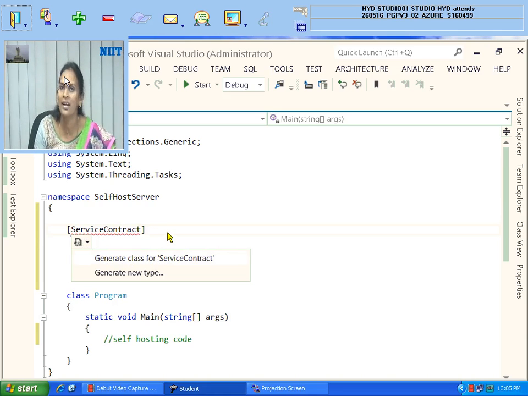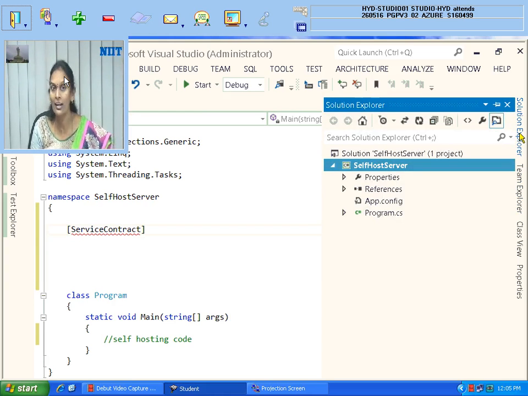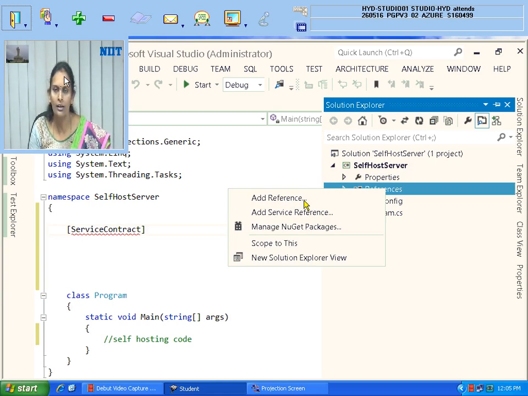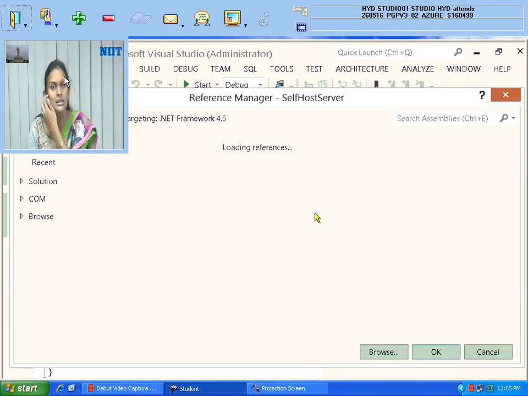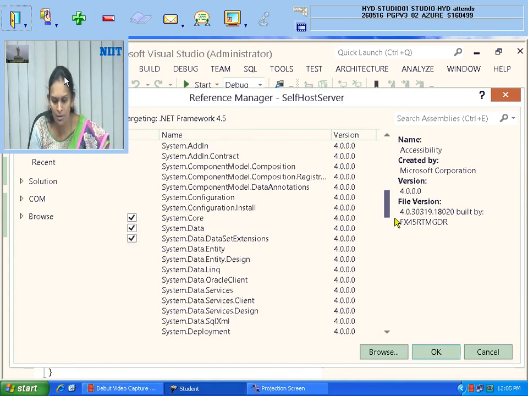I'm not getting it because the original namespace reference has to be added first from your Solution Explorer. This you must remember. Not only here, even in the second console application also, this is the first step you need to do. I didn't want to do it first, I wanted to show the error, so then I did it. Here you see References, right click, simply Add Reference, because System.ServiceModel is a predefined namespace,